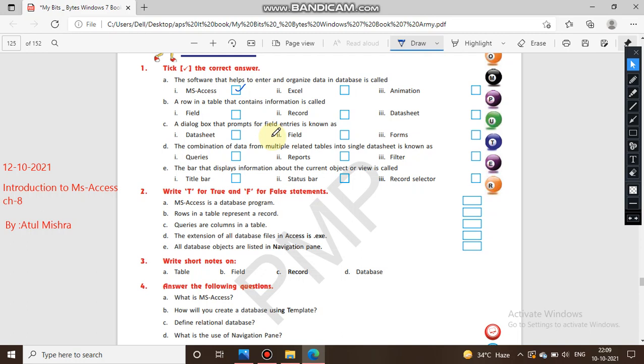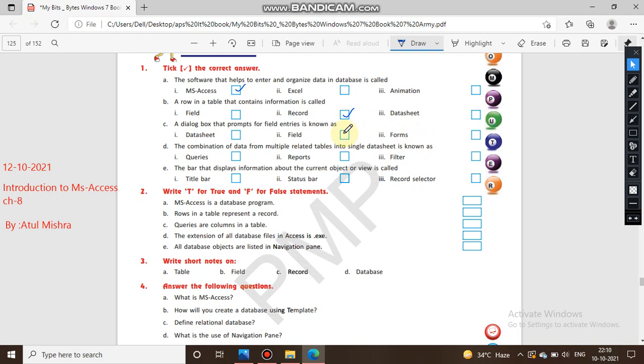So you all know that it contains records, and columns contain fields. A dialog box that prompts for field entries is known as. The dialog box that pops up for field entries. I just said that fields are in columns, so here the options are known as data sheet, field and forms.